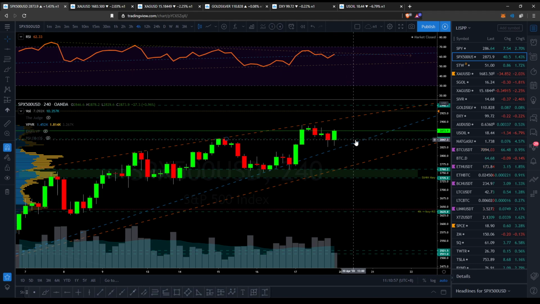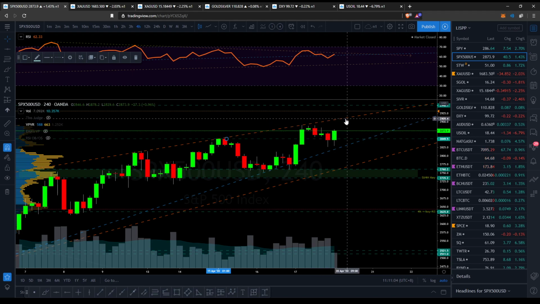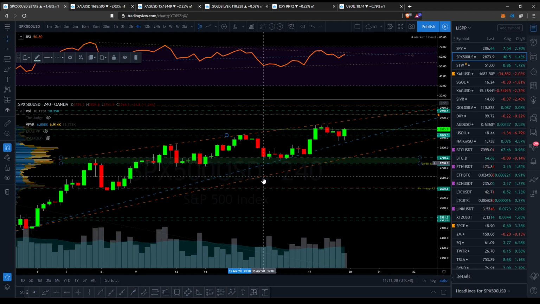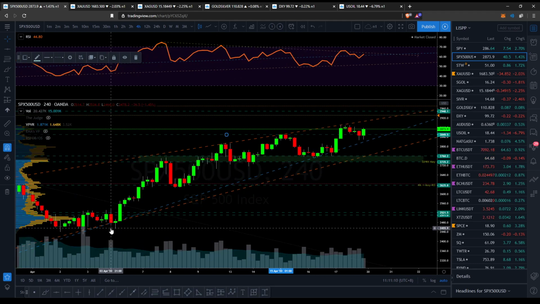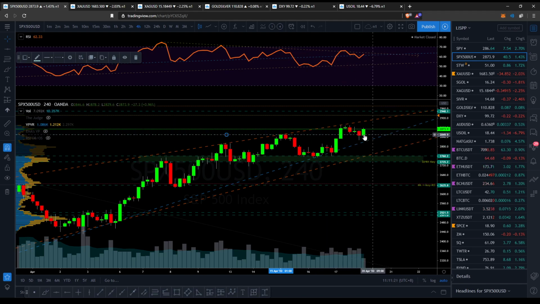We had an end of the day pump. So now this trend line is significant as well, especially if we push up here, get rejected in this area and then come down, then we will be testing together this trend line here, which is like a tighter rising wedge than this orange line, and at the same time we will be testing this support now. So if we do break both of them, we are very likely to come down to this area